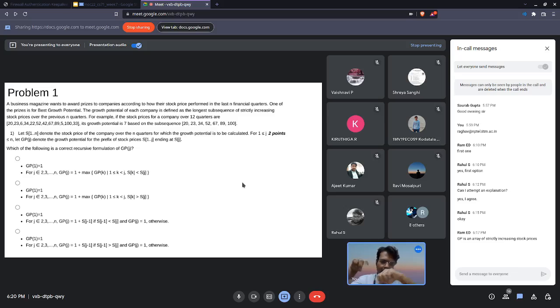So the solution, as Vaishnavi said, is looking at the longest subsequence that you have already found. If you're on the jth element, you compare this element with the longest subsequence found till now and see if this element is greater than the largest element of that subsequence. If it is greater, then you append it to that subsequence and increase GP's value for that index by 1. For example, if we apply the first option to the given sequence S,